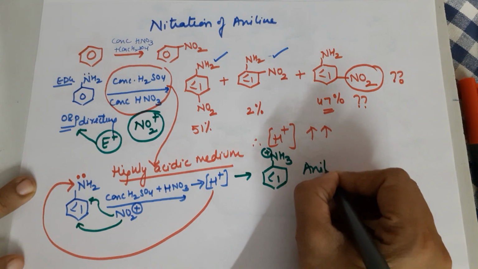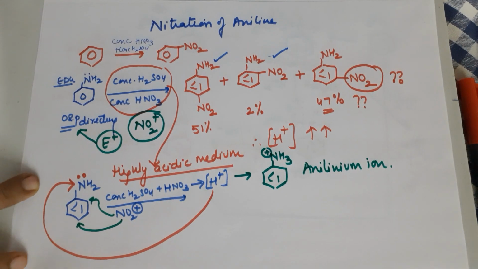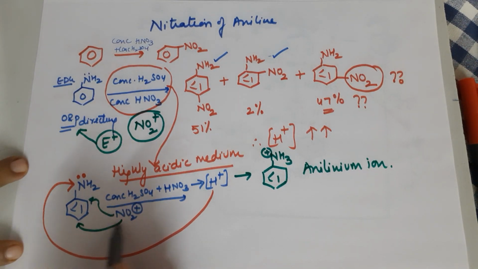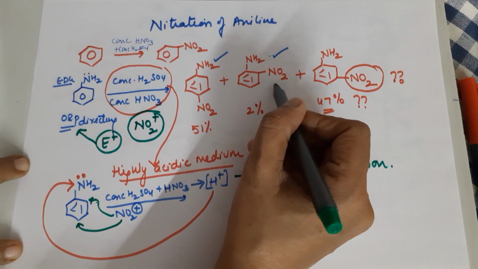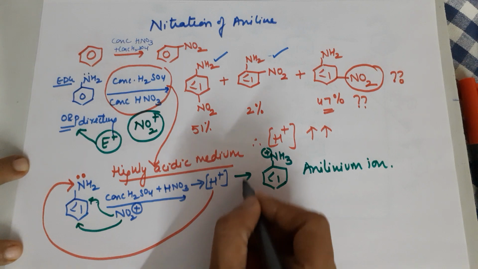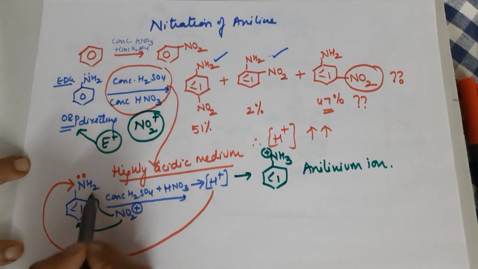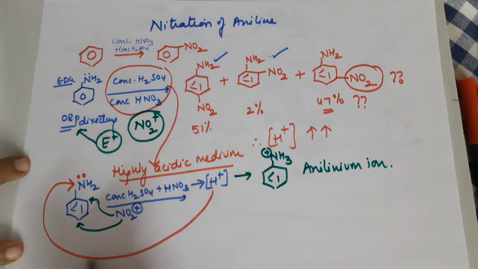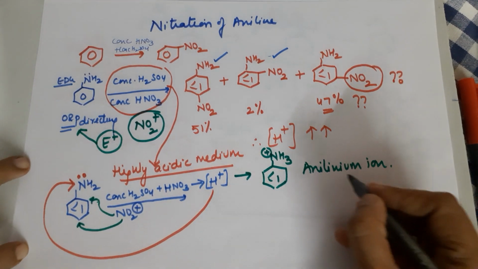This is your anilinium ion. अब बेटा अगर कुछ नाइट्रोनियम ऑर्थो पे चला गया, कुछ पैरा पे चले गए, तो आपके ये दो प्रोडक्ट तो आ गए. पर because some amount of H positive also goes and attacks the lone pair, because NH2 is basic, it has lone pairs for which the H positive from this medium goes and attacks the lone pair, leading to this formation. Now, in case of anilinium ion,